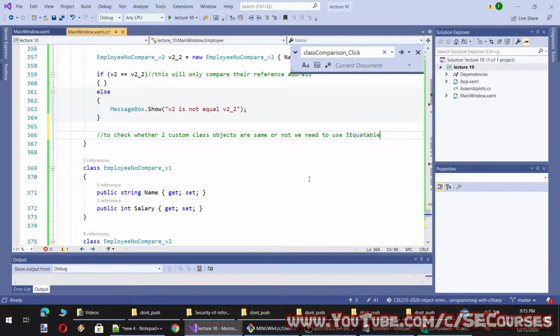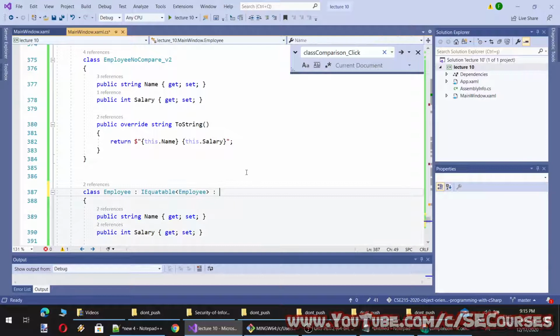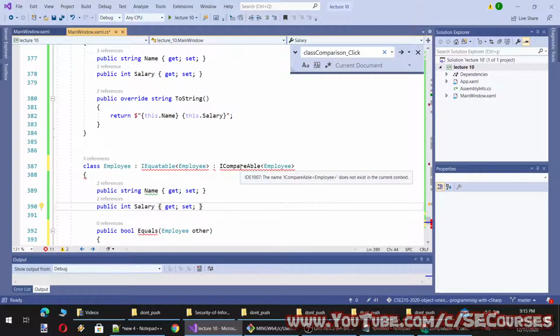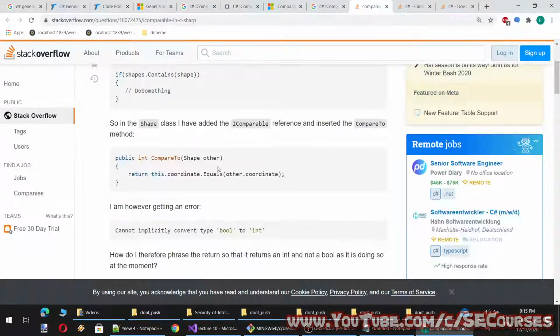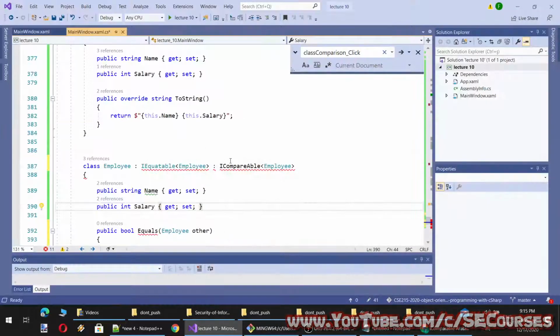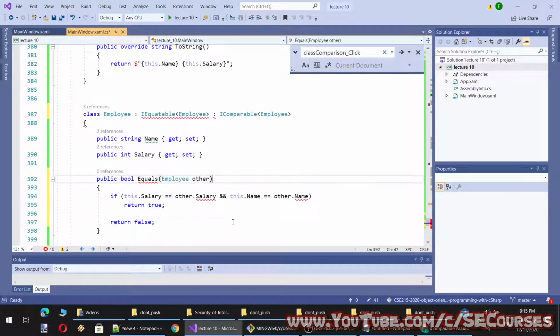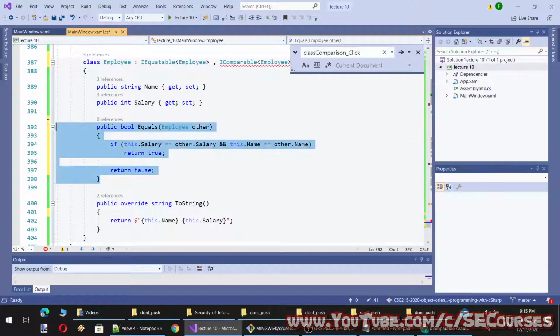For equatable, I wonder if we can also implement comparable. Yeah, probably we can.